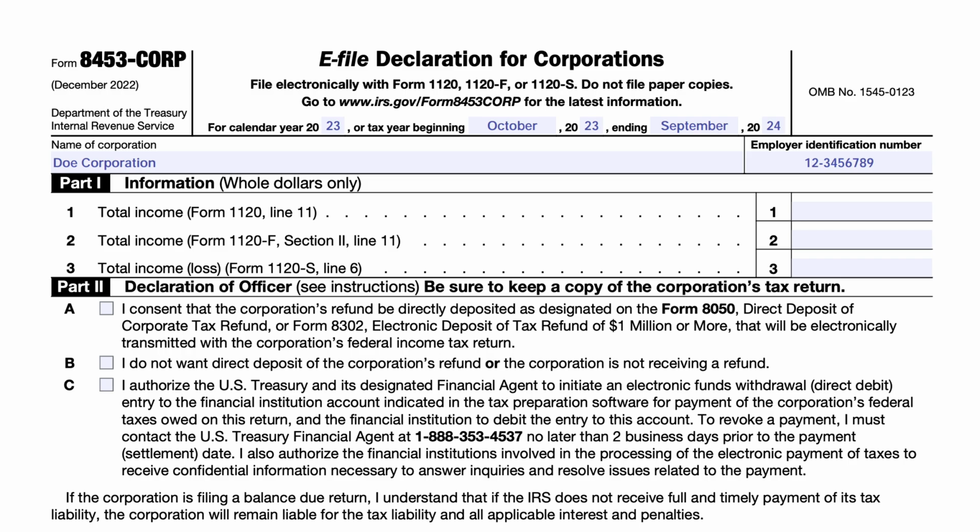In this video, we'll be going over IRS Form 8453-CORP. This is the e-file declaration for corporations. So it doesn't matter if you are a C corporation, a traditional corporation, if you're a foreign corporation, or if you're an S corporation, you may be filing IRS Form 8453-CORP. So in this video, we'll walk you through how this form should be completed, who should complete which sections,